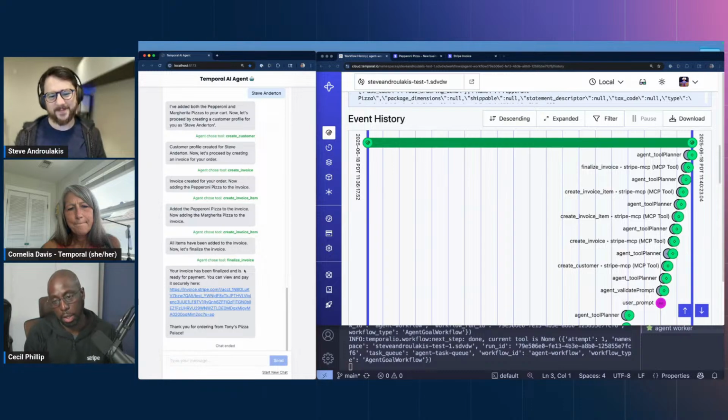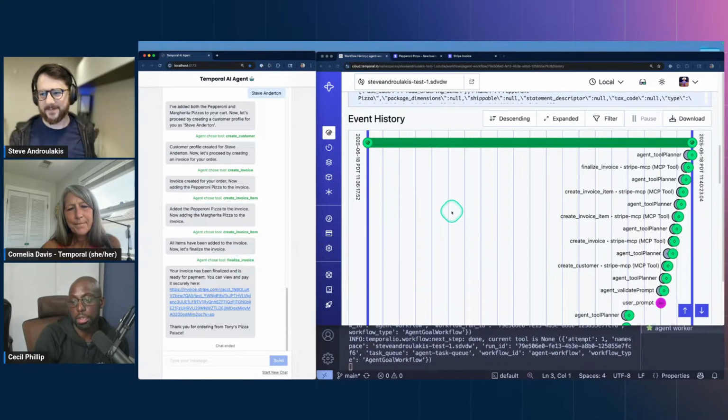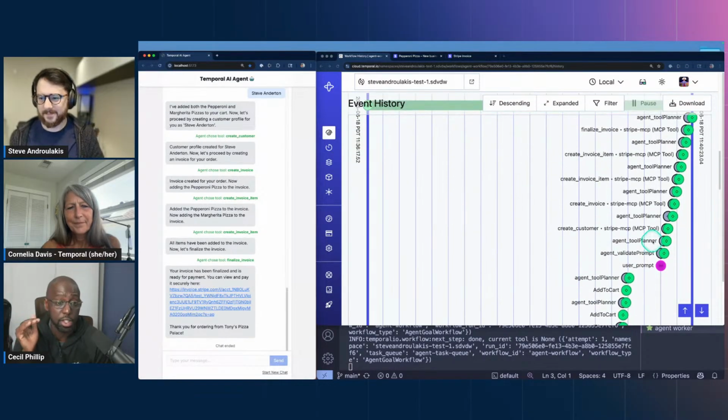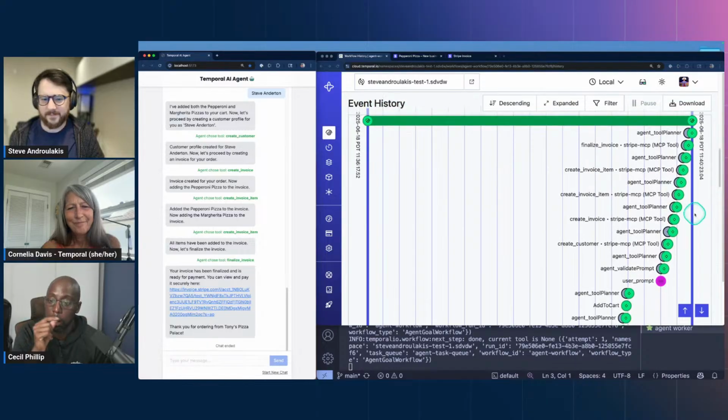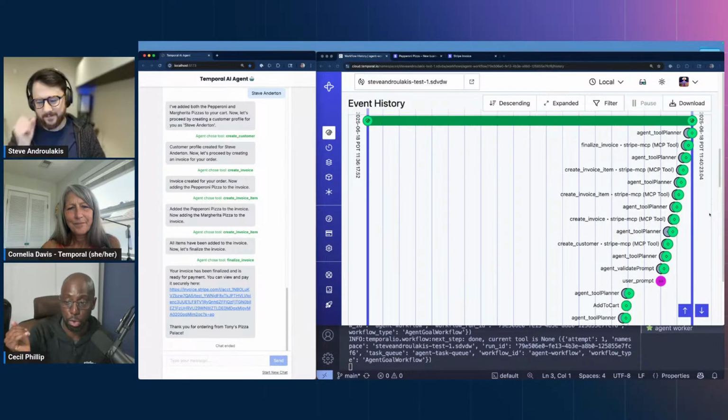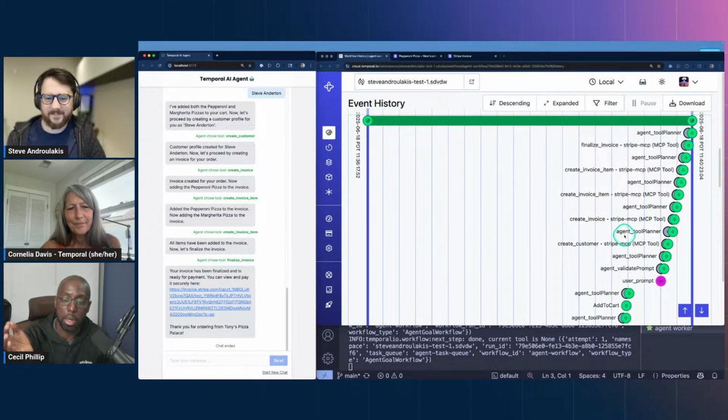Okay. One of the things I love about the Temporal dashboard is this level of observability, the level of tracing I can have to see what's executing when and how long it's taking. Particularly as I'm thinking about you executing these different MCP tools, right? I could see, okay, you've called create invoice so many times and create customer so many times. Whether it's Temporal or maybe folks are using OpenTelemetry or some other type of observability tool, I think it's so important to see the number of times these requests are made, because I've run into situations personally, this is probably a user error, so not blaming anybody else but myself,